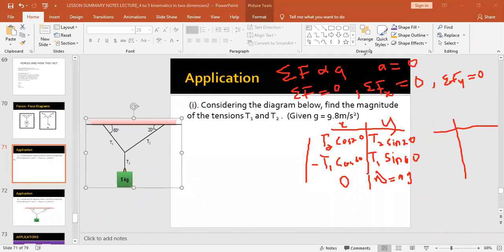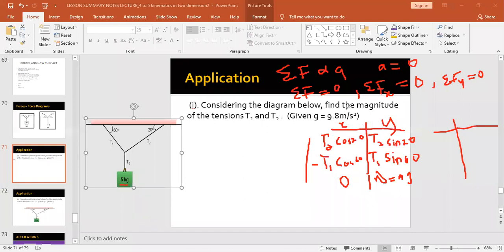Somebody is asking, why is the force equal to 5 kg? Kg is mass, it's not force. So take note of that. Force is in newtons, not in kilograms. Okay, so moving on, we have